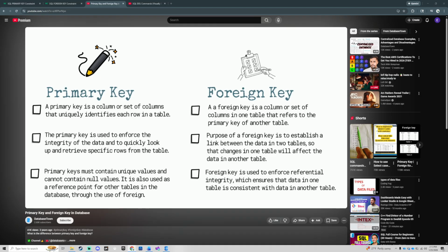Some of the constraints that we talk about, I pulled up a YouTube video that was really helpful for me to explain the difference between primary keys and foreign keys. Essentially, just to summarize what's on the screen there, a primary key is a column or a set of columns that is uniquely identified in a specific table, whereas a foreign key kind of calls upon that primary key from another table and utilizes it in a new table. Primary key is used to make sure that you have unique identifiers for specific data, and then foreign key allows you to link that data